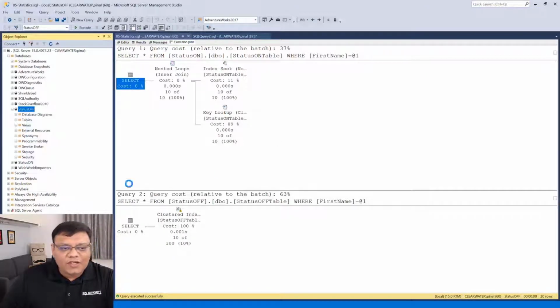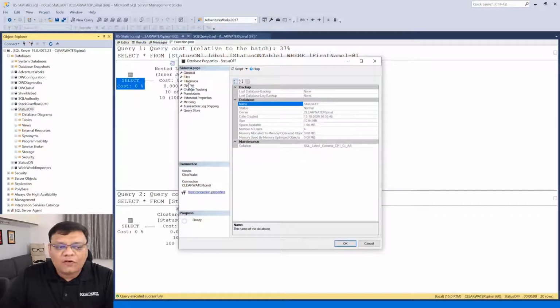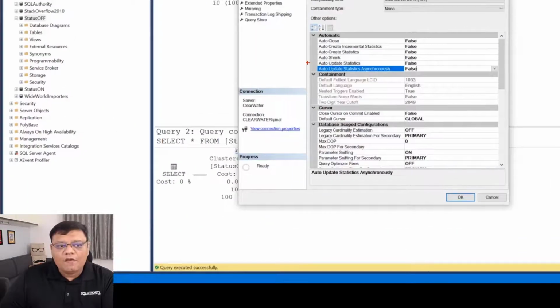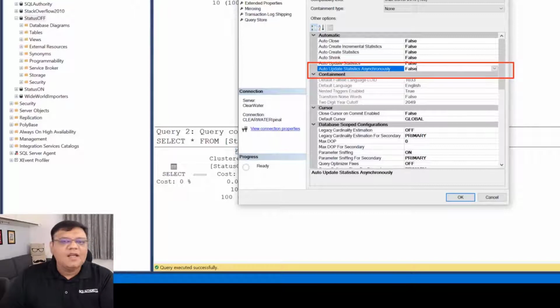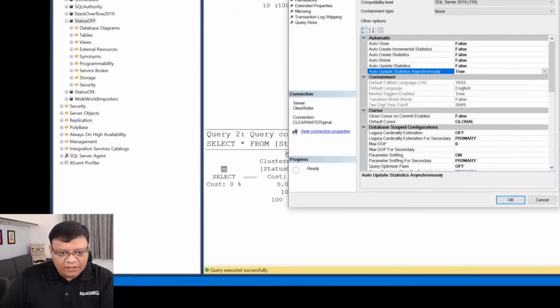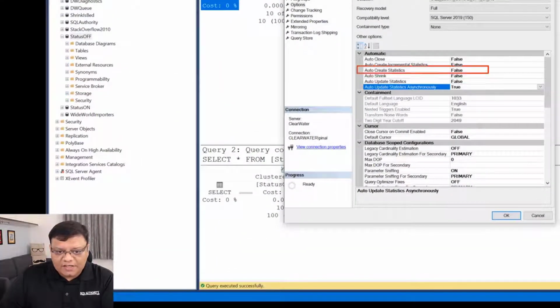And now if your table is very huge or if you have a lot of transactional, I would still go ahead and update. So along with these two, auto create and auto update, I would also go and update the auto update statistics asynchronously. The setting which is highlighted for you on the screen, I would still go and update this one. So let me change this false to true. And remember what I'm doing right now. I'm not touching these two settings, okay? These two settings are still off, and I'm just enabling this as true.